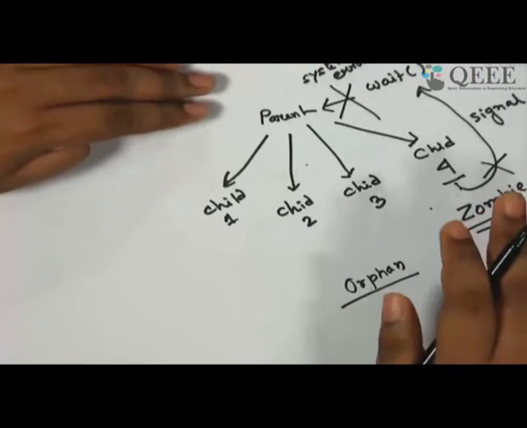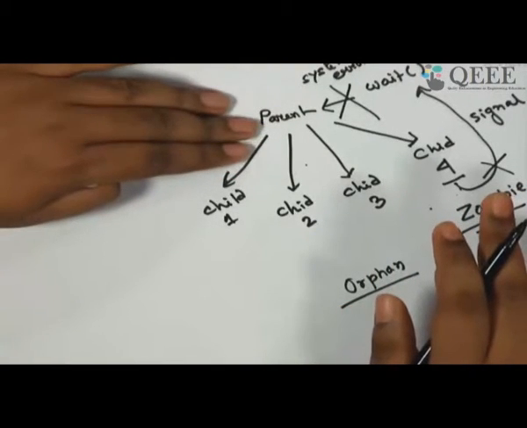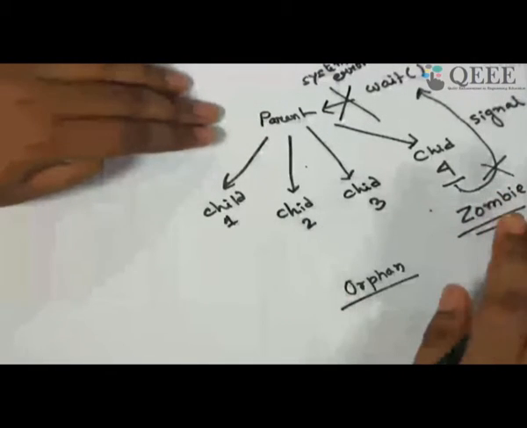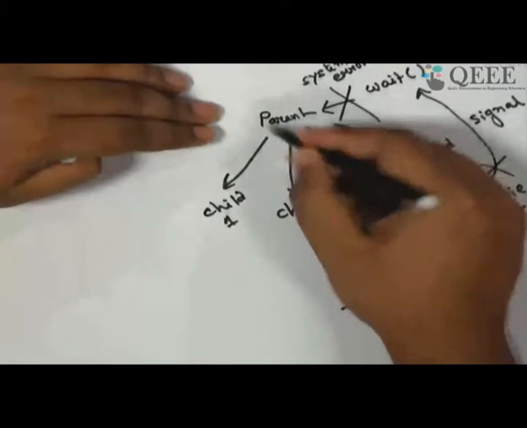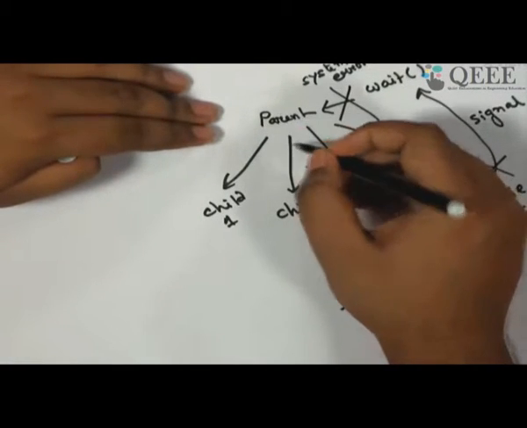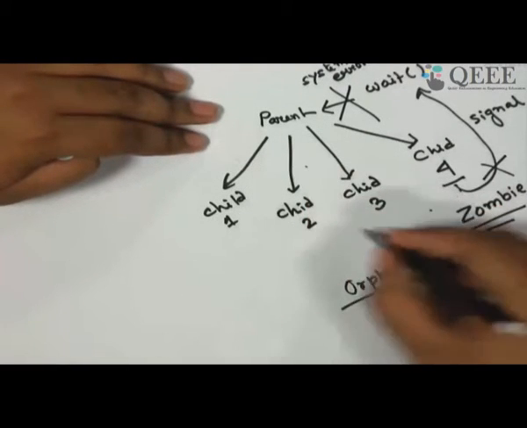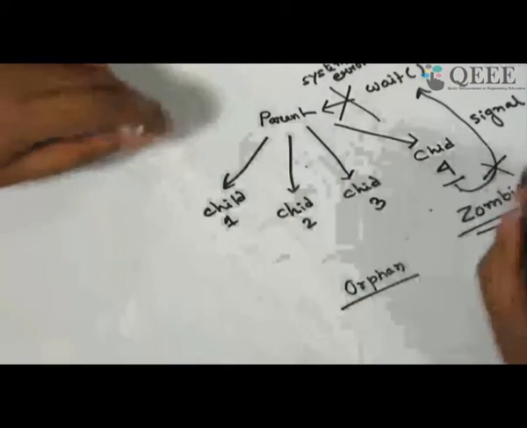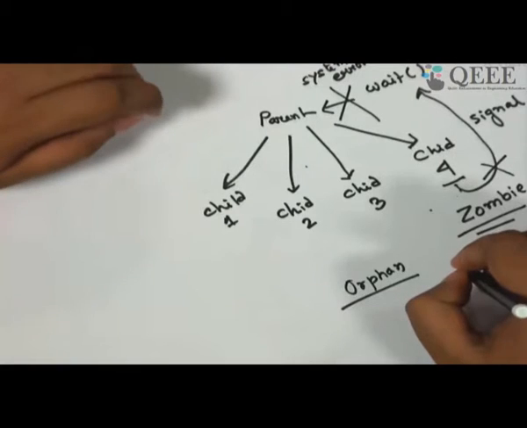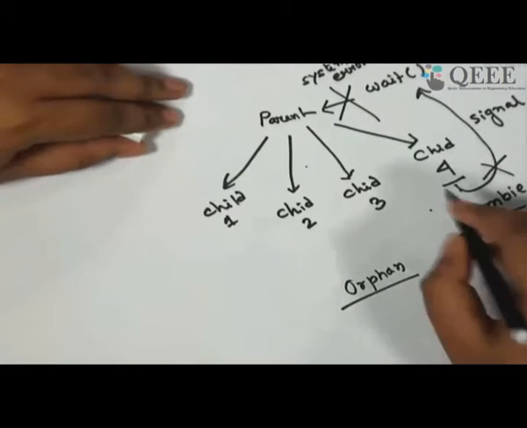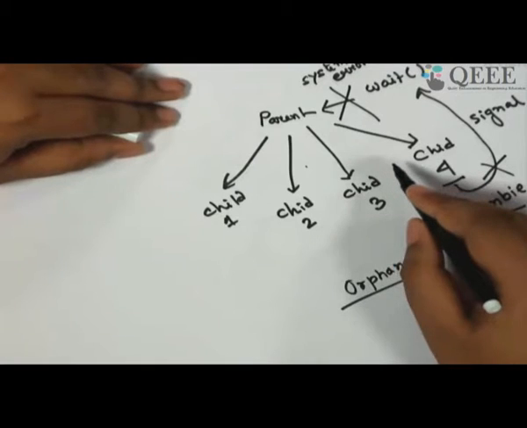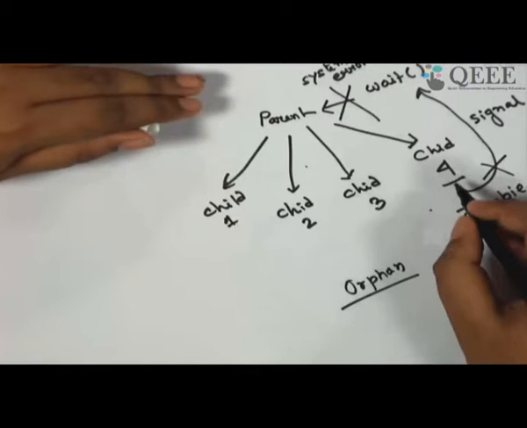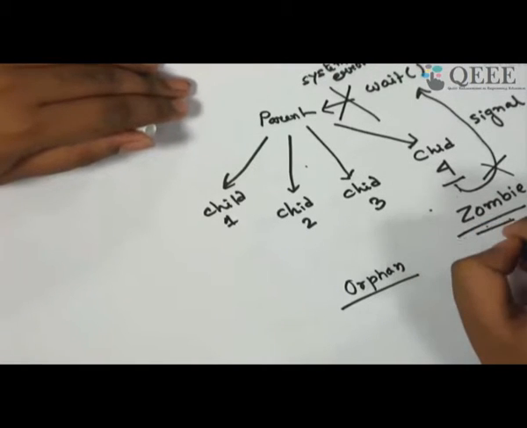Now in that particular case, what can happen? The parent can independently stop its execution, and the child can independently stop its execution. When the parent terminates, during that time the child doesn't have a parent. So we call those child processes orphan processes. I guess the difference between zombie processes and orphan processes is clear to you. In the case of a zombie process, the child is waiting for the parent process, but the parent has been terminated forcefully, so the child is not able to release the resources. That's why we call it a zombie process.